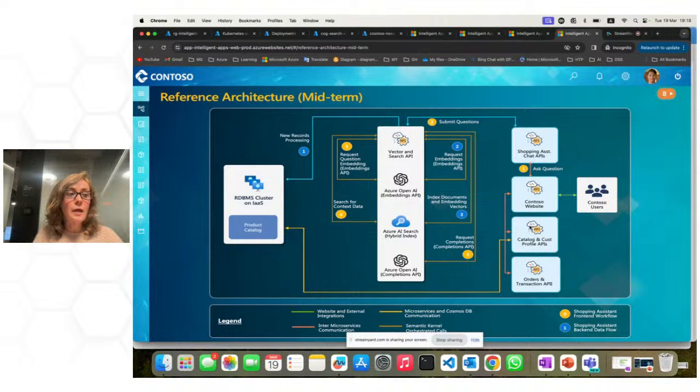The second, the Contoso team developed and added a natural language chat-style shopping assistant called Cora. And Cora provides users with a new search experience, which is much more interactive than the previous search mechanism. And behind the scenes, as you can see from this slide, they use Azure OpenAI and